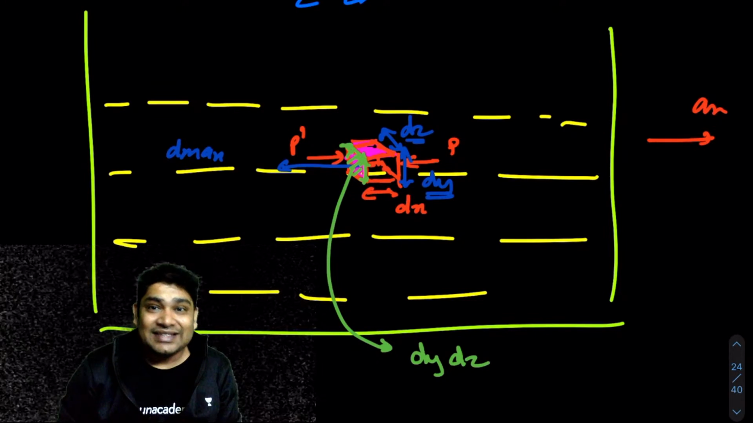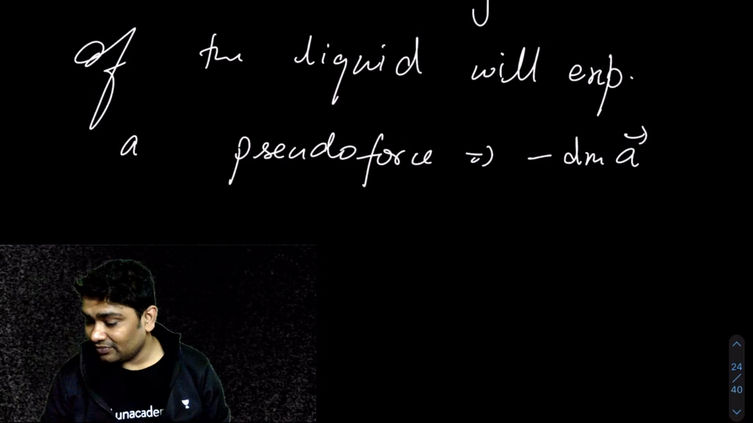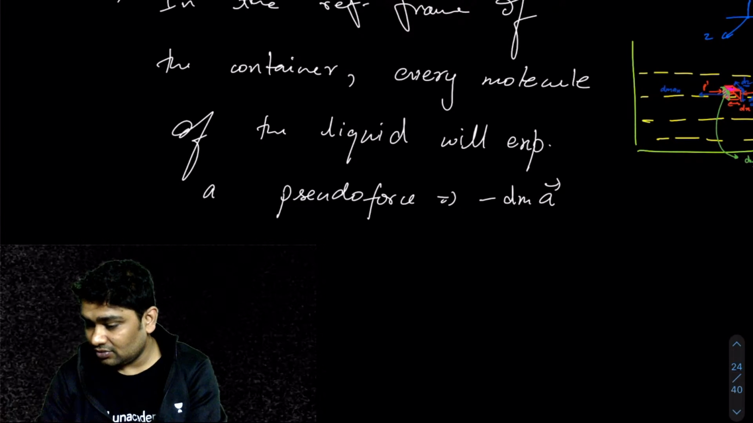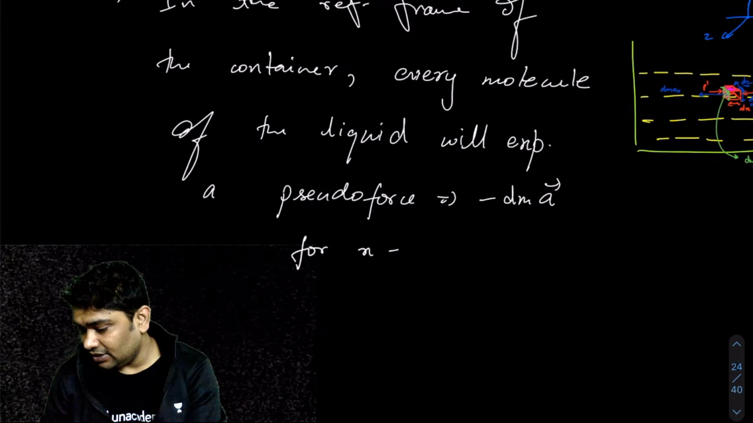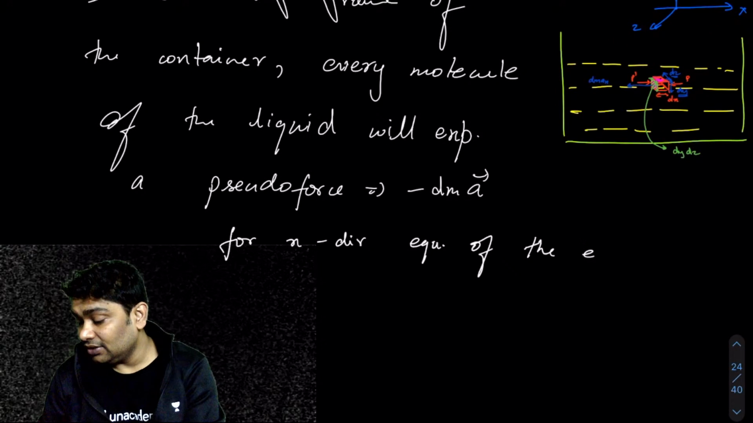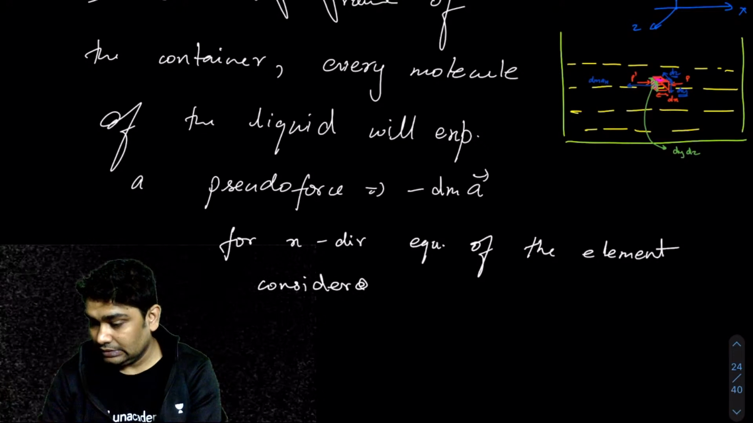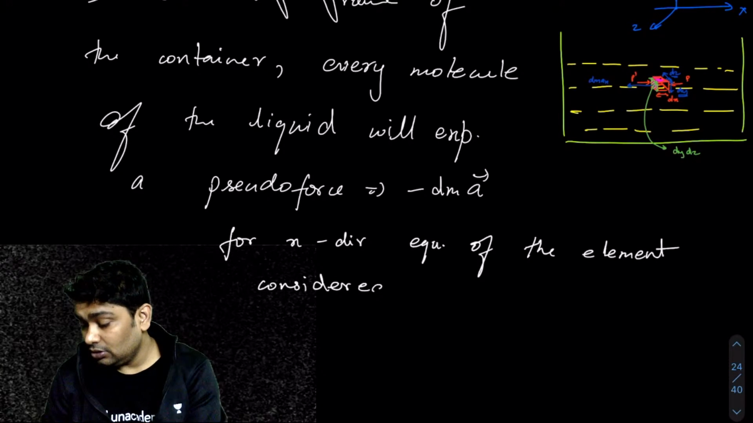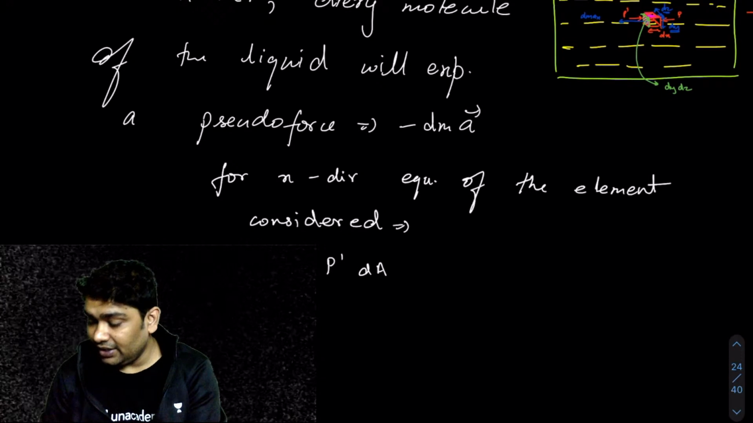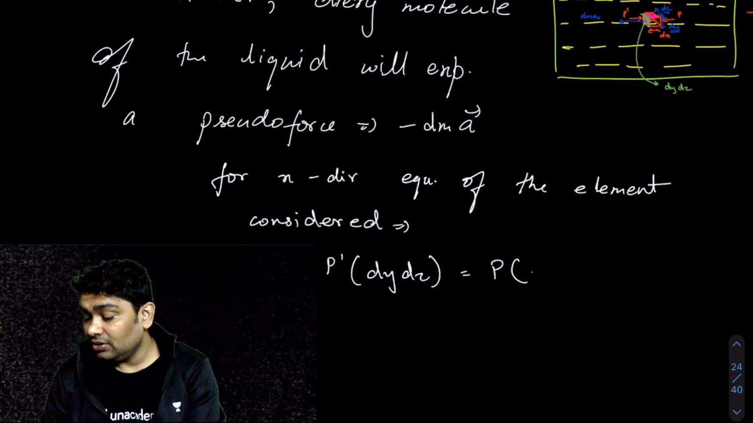And all these three forces must be balancing each other out. Okay, so what I'll say is, for x direction equilibrium of the element considered, what we will see is that P dash A dash, times P A, instead I can write as dy dz, would be equal to P times dy dz